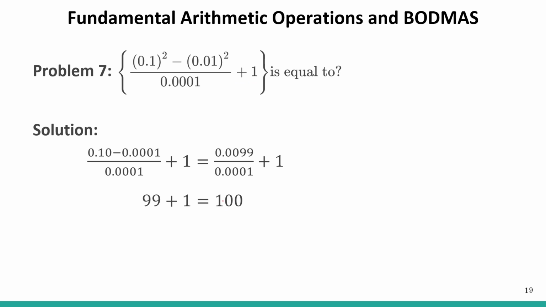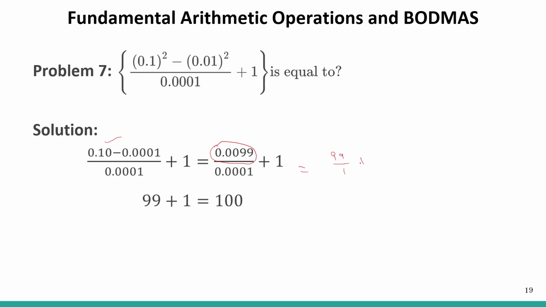So let's see the solution. 0.10 minus 0.0001, plus 1, is equal to 0.0099 if you subtract this from this. What you will be left with is 0.0099, and the denominator is the same here. Then we divide by 10 power 4 on both the numerator and denominator. So what we are left with is